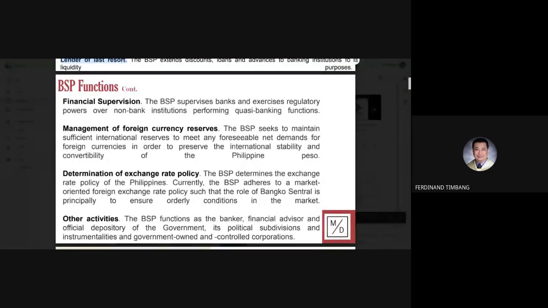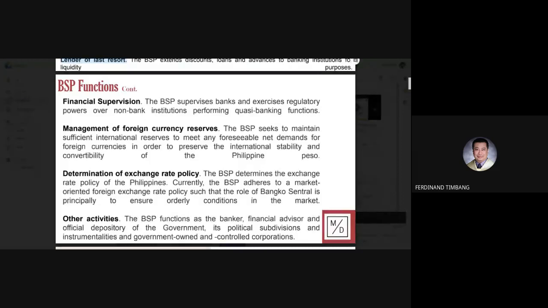So ano pa ba? Determination of exchange rate policy. Now for the exchange rate policy, this is connected actually dun sa foreign currency reserves. Kasi yung exchange rate na to, nagbabago naman yan, depende sa supply and demand. So if there is an oversupply of dollars, the value of the dollars will go down. And then the value of peso will go up. Pero maganda ba palagi mataas ang value ng pera natin? Depende, no? Kasi depende if you are an importer or exporter. Ha? So depende yan. Kaya yung determination of exchange rate policy depende also on how much currency do we have